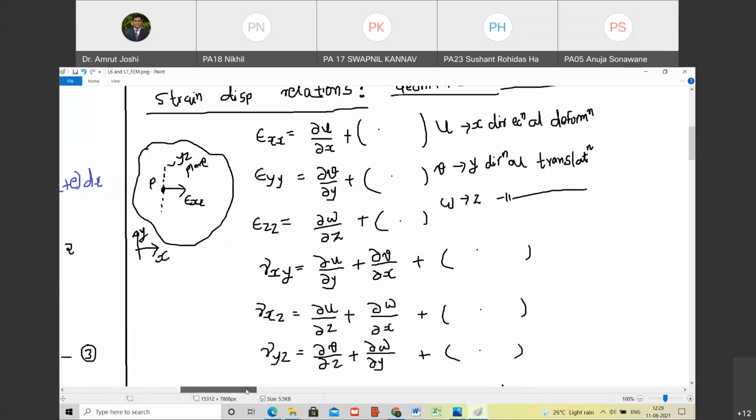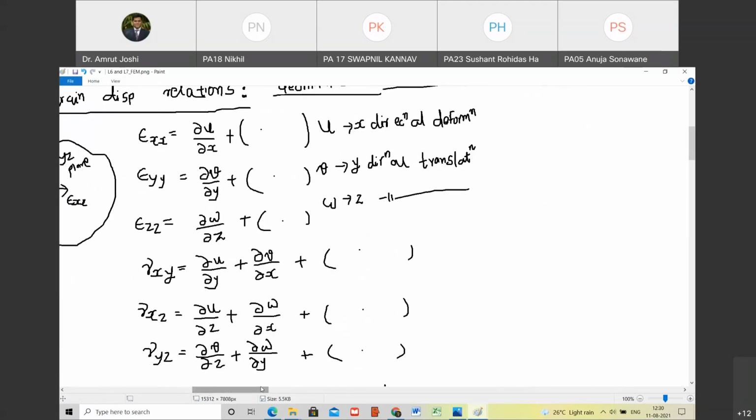So right now we have gathered all the information in bits and pieces which is required to do the finite element formulation by using the variational principle, or minimization of potential energy. In the next class, we are going to consider a 3D body subjected to arbitrary loading with arbitrary boundary conditions, and derive a finite element formulation for its analysis using the principle of minimization of potential energy, where we will require all the bits and pieces of information that we have discussed in this class till today. Are you with me? Yes, sir. So with this, let us stop here today.